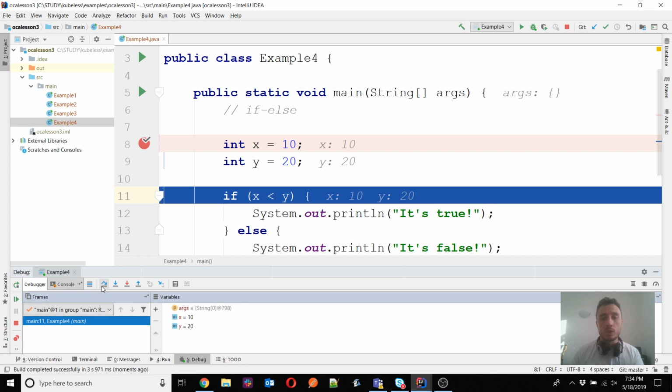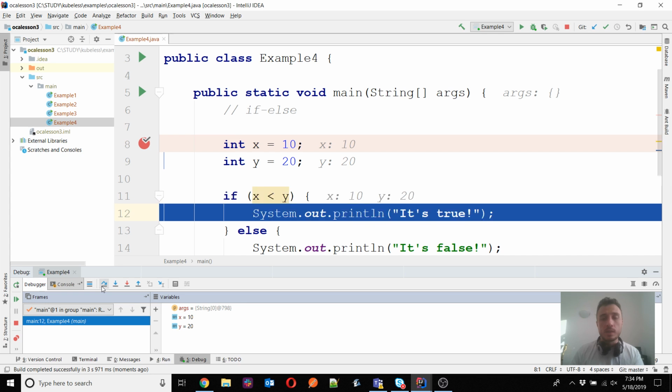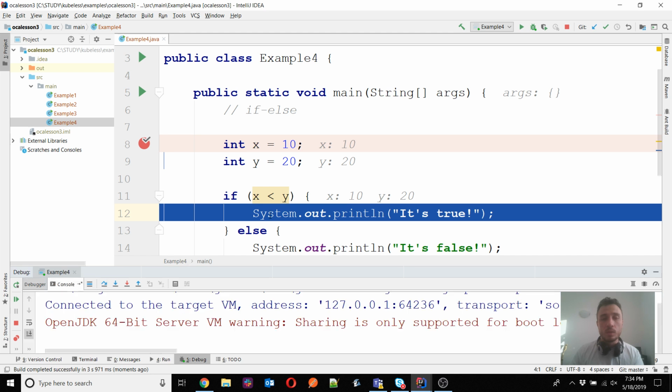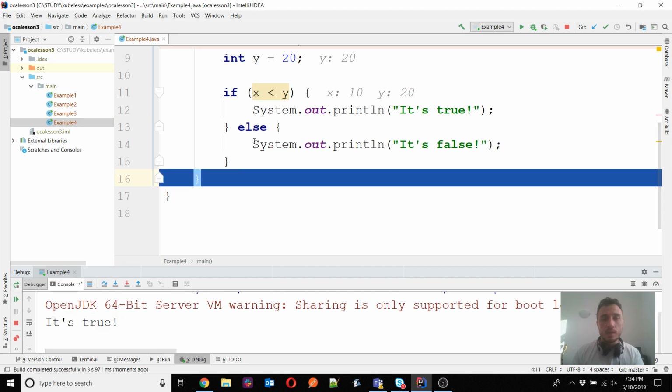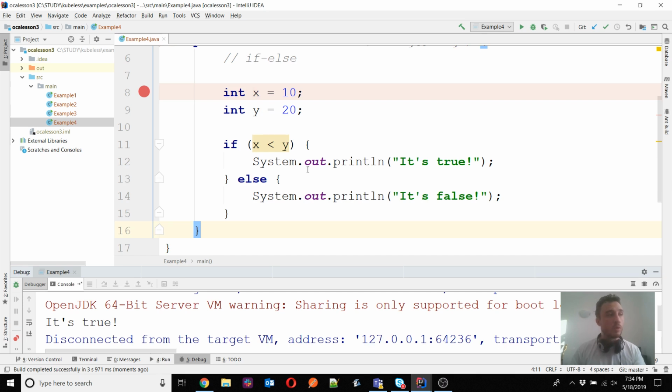I see that the condition is true, and then I see that the execution stepped into the if block. So when I step over again, I will see that "it's true" is shown in the console, and then everything was skipped until the end of the program,